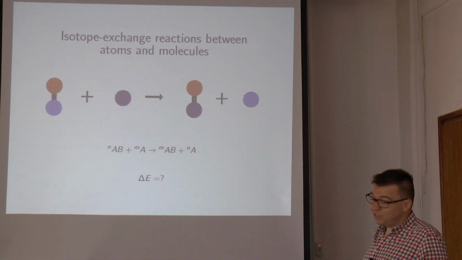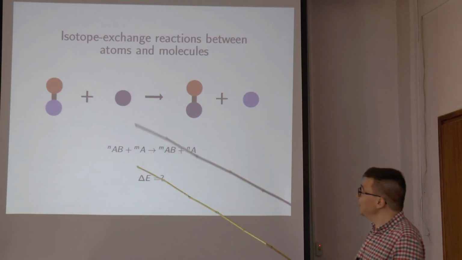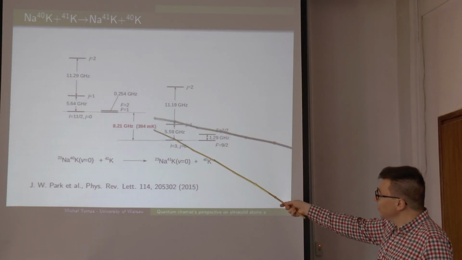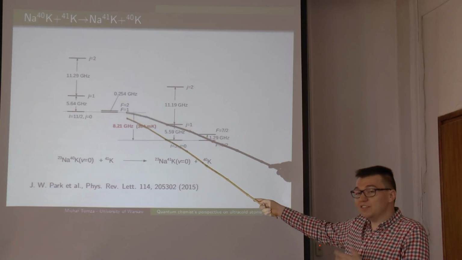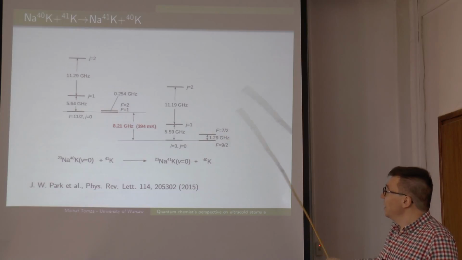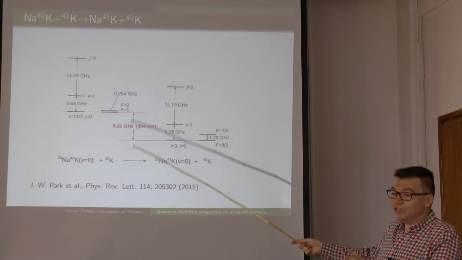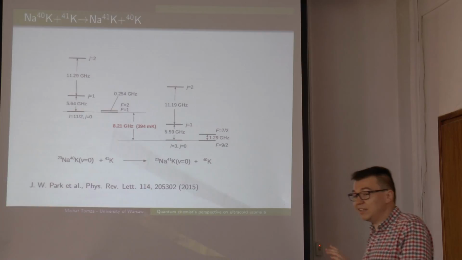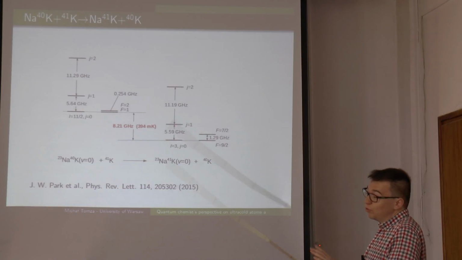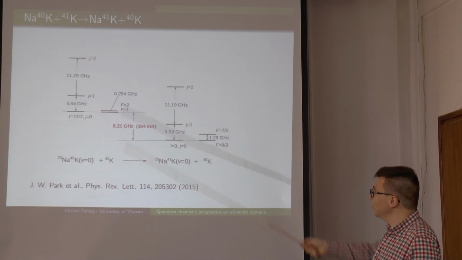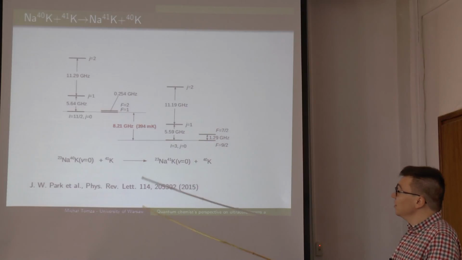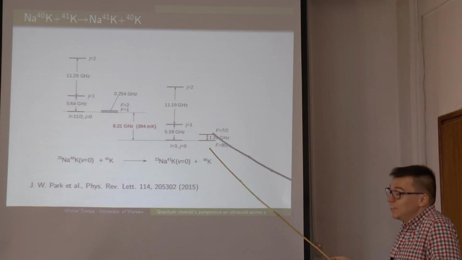So then the question is, what is the energy release for this? And we can find systems, for example potassium sodium, where the energy release, okay, is not as small as in my proposal. It's at the beginning 400 millikelvins. In fact, this does not include some other effects like the isotopic effect connected with the nuclear spin or nuclear size, but it's in this kind of range. So then not only one product state is possible, but a few of them. But this can already be done in some labs in the world.